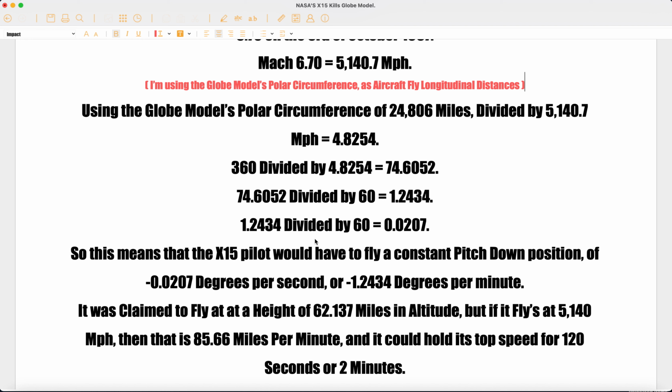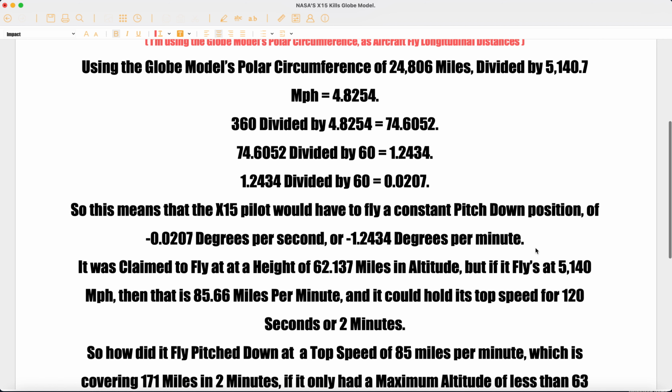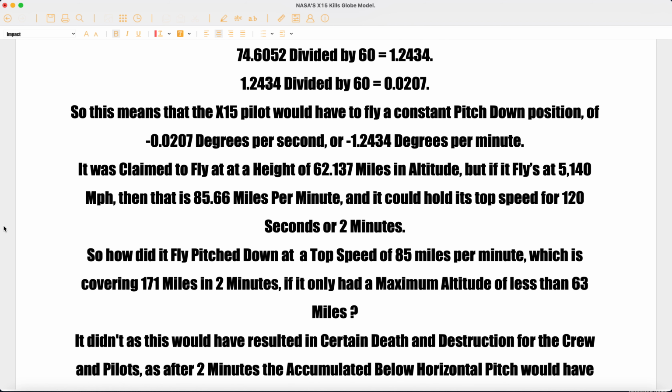And 1.2434 divided by 60 equals 0.0207. So that would be minus 0.0207 degrees pitch below 0 degrees horizontal per second. So this means the X-15 pilot would have to fly a constant pitch down position of minus 0.0207 degrees per second or minus 1.2434 degrees per minute. It was claimed to fly at a height of 62.137 miles in altitude, but if it